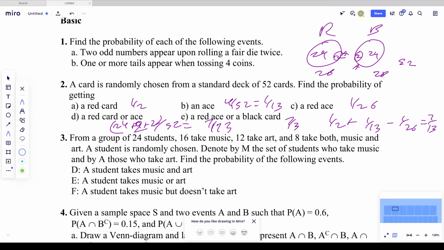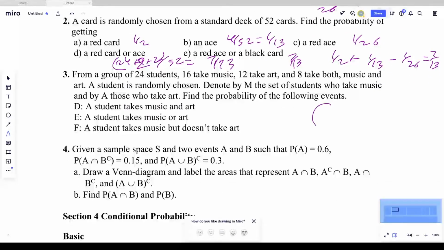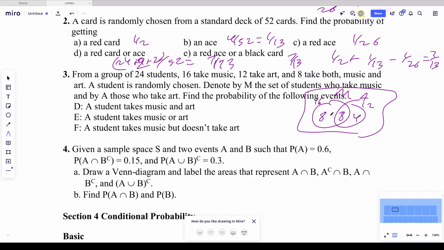Anyways, this one also is just a Venn diagram, and you don't need to do it, just to show you A, B. Music, art, and outside, by the way, you know, some people do neither, so you need an outside set, just to consider the neither. So music, you have 16 inside, art 12 inside, 8 take both, that's how we can solve now. 16 minus 8 is 8, 12 minus 8 is 4, 8 plus 8 is 16, and plus 4 is 20. We have 24 students,